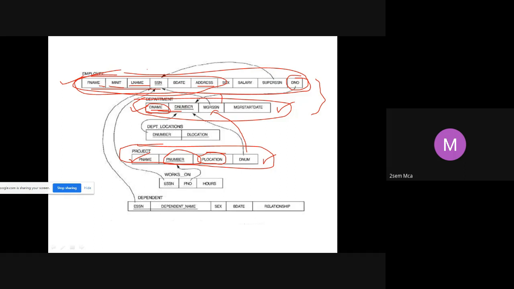this particular project. Now, once I know which department is controlling each of these projects, I can find out who is the manager of that particular department. How do I do that? I'll have to check SSN of employee with MGR SSN of department. So I will get to know who is the manager. Once I know who is the manager, it is not difficult for me to find out his birth date, last name, and first name. That's how I should write this particular query.